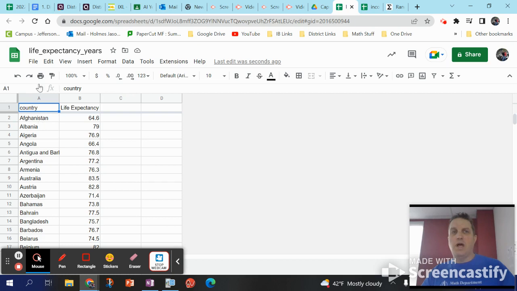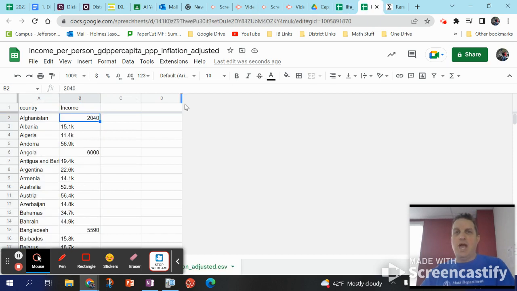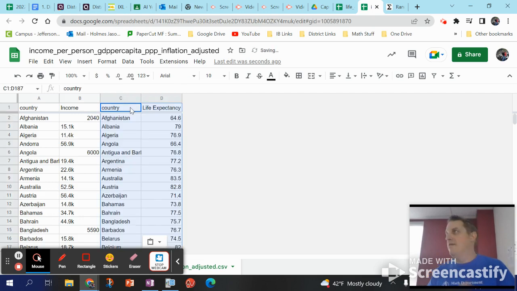So I'm going to come over on life expectancy. I'm going to click on country right up here at the top, and I'm going to press Control A, and that's going to select all of the data. Then I'm going to press Control C, and that's going to copy that data. I'm going to come back over to income, come up to the top of column C, Control V, and then we have everything on one